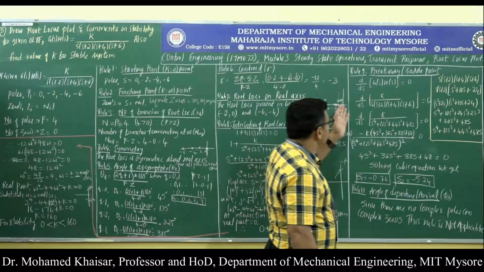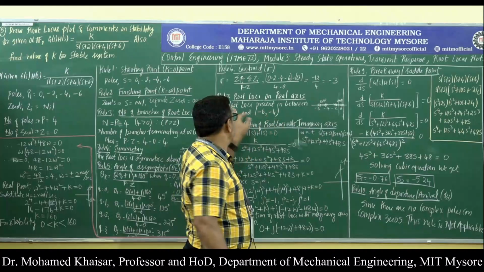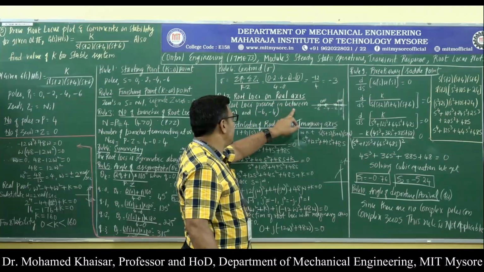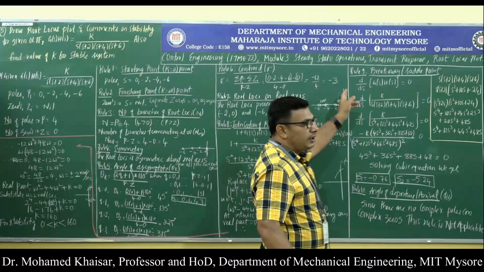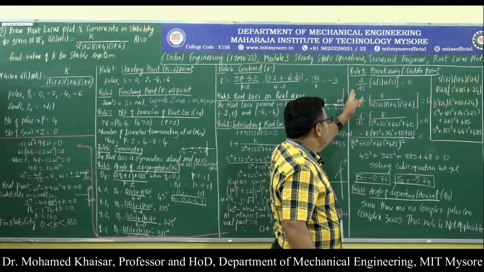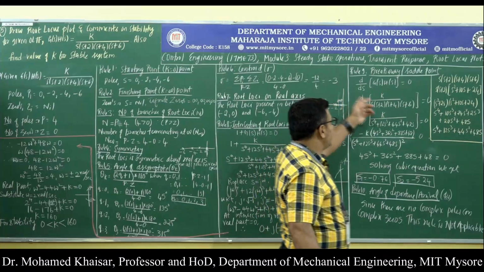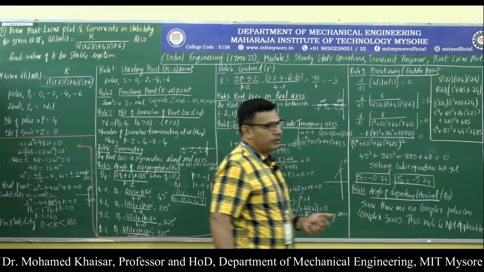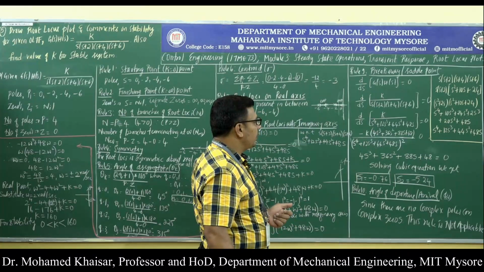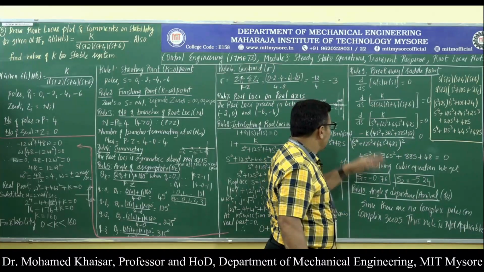Then rule number 9 is about the breakaway point. It is applicable, as we found in rule number 7 for root loci on the real axis, that two breakaway points will exist. This is calculated using d by ds of G(s)H(s) equal to 0. Again, what we have done is eliminate the brackets and found s raised to 4 plus 12s cube plus 44s square plus 48s. This is what we are going to use here. Then when we differentiate,